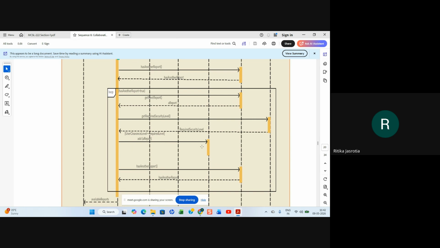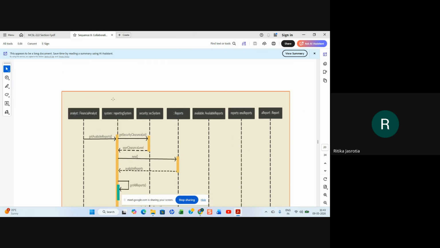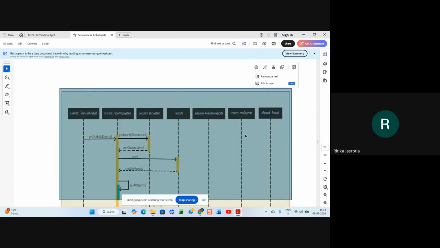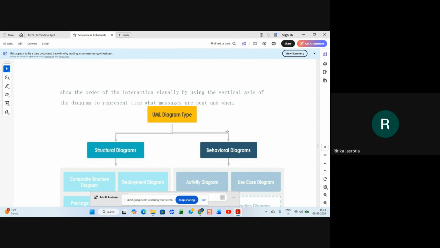Add a report, and has another report, has another report. So these are the different reports they can return according to the financial analyst, if he has the clearance, and all different reports are returned. That is what they have shown.